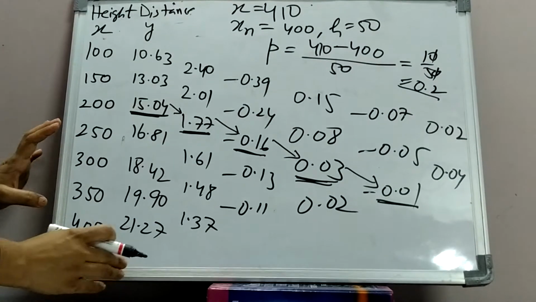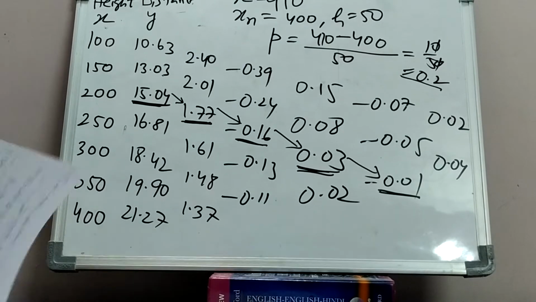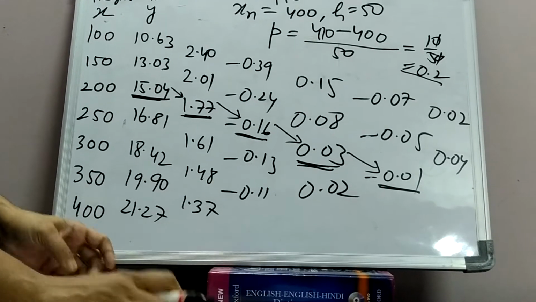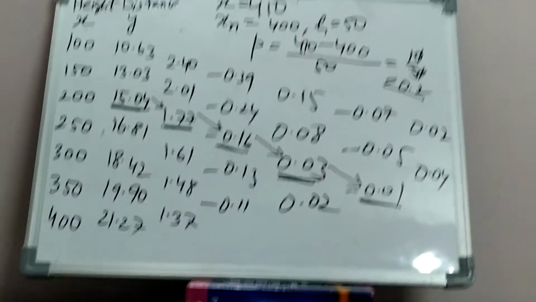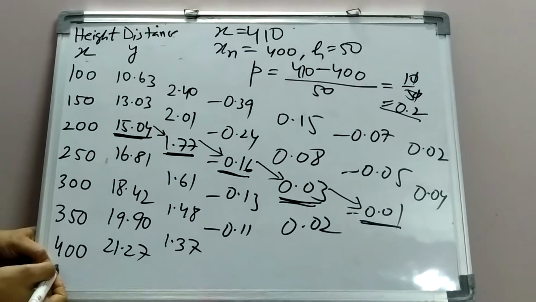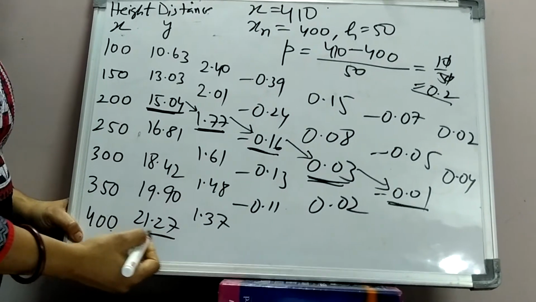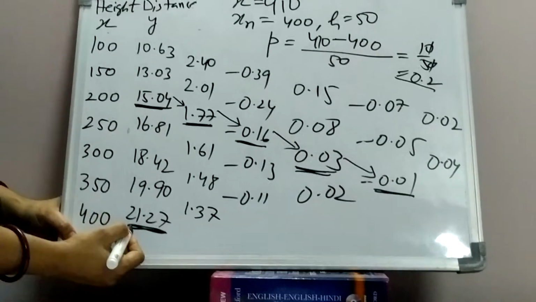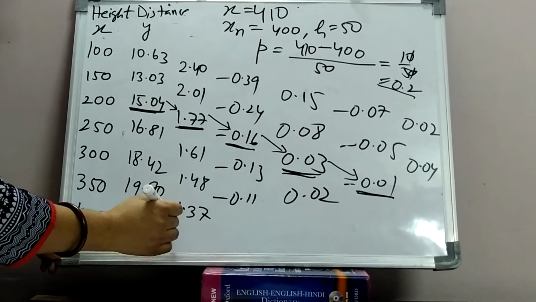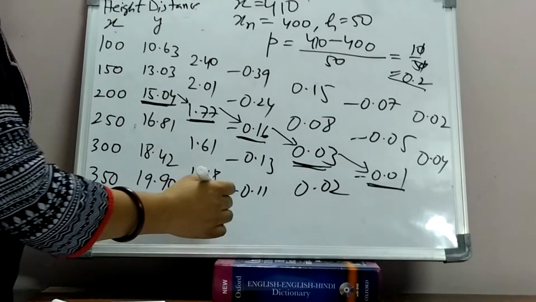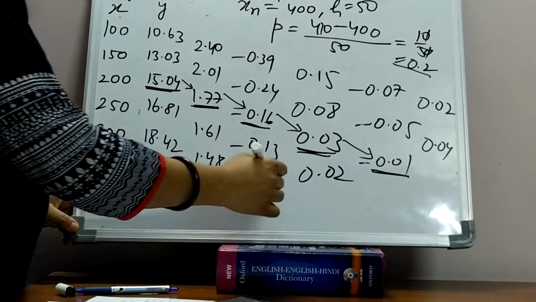Now see, from the table we have to move for the formula. How can we move from the same table that you have made, how can we apply this backward interpolation formula? See here, xn we have taken as 400. So yn is this value, this is the starting value in the formula. After that, since it is backward, it will move like this. After that, the second value will be this. After that, the value is this. And next the value is this.